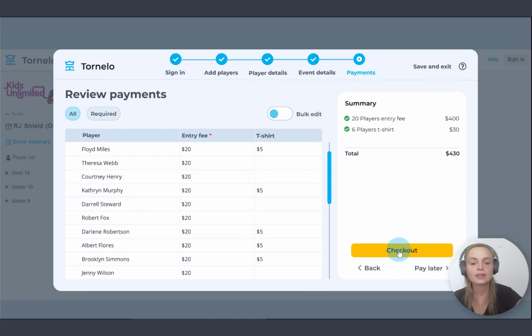Here we have an overview of all the payments. Some players chose to buy a t-shirt, and all players have to pay an entry fee. So we can again see a summary. Altogether we owe $430. But what if this was a team tournament where you have to pay for the team